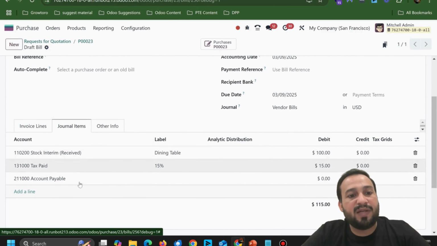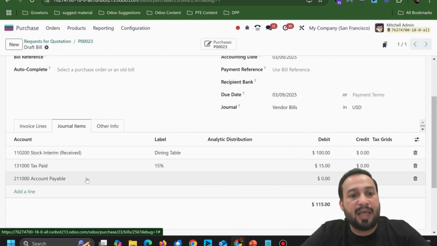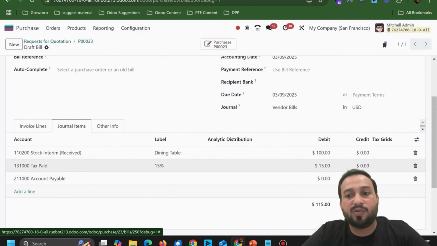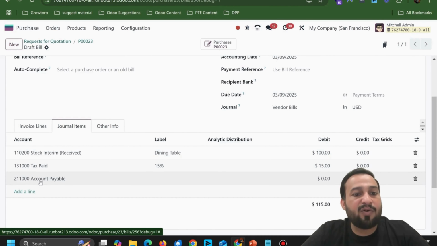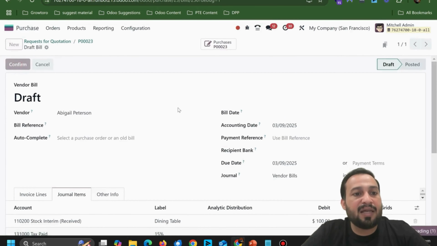these three accounts will hit here. Stock interim, because this is received, and this is going to be debit, and tax paid account, because we are paying something and this is our asset, so this will be debit, and account payable account, which we have to pay to our vendor, so this is a liability. It will also increase, and this will show the transaction on the credit side. I'll confirm this vendor bill,